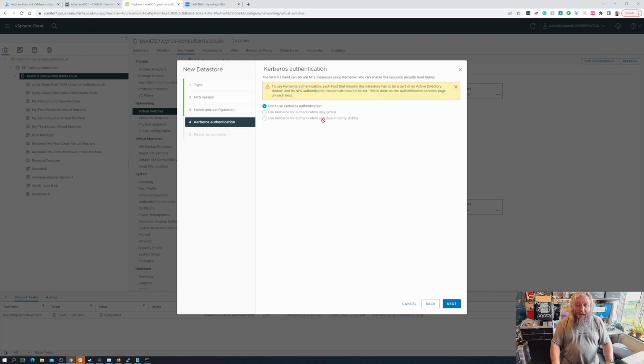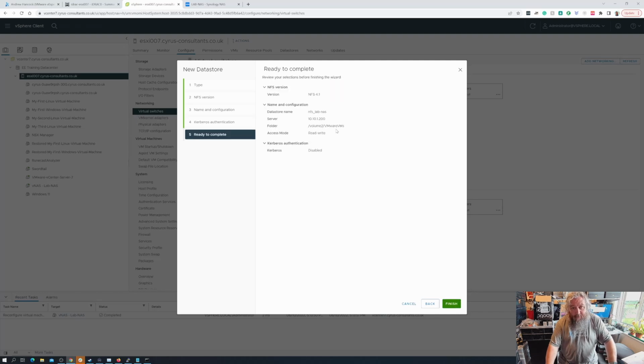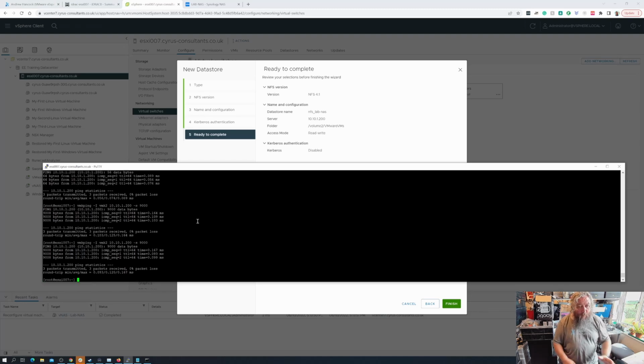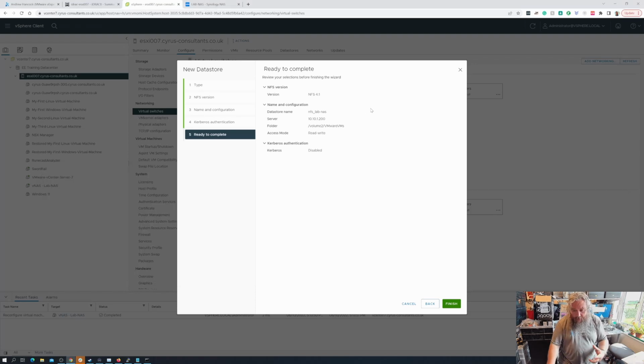I'm not going to get into the complexities of using Kerberos authentication for the moment, so I'm just going to say don't use, and I'm just going to accept the defaults. Followed by next. So NFS 4.1, data store name NFS_lab-NAS. Our server is 10.10.1.200. Our folder is volume 2 VMware VMs. Read write, Kerberos is disabled. And if we quickly go back to our SSH connection, we can ping the server there. So hopefully, fingers crossed, if I've done everything right, I click finish,